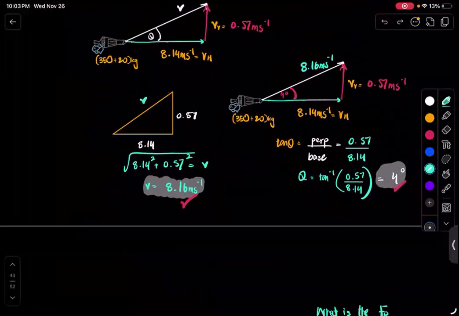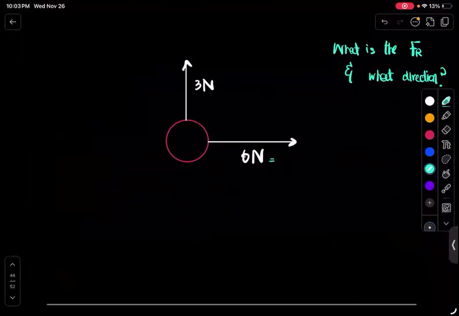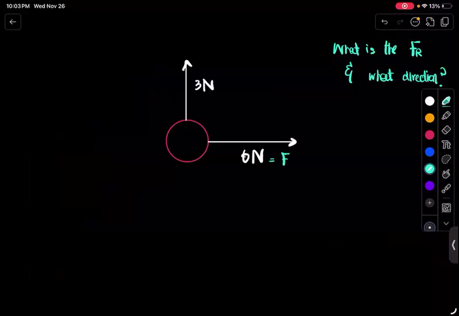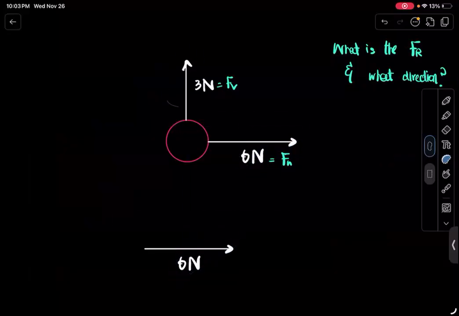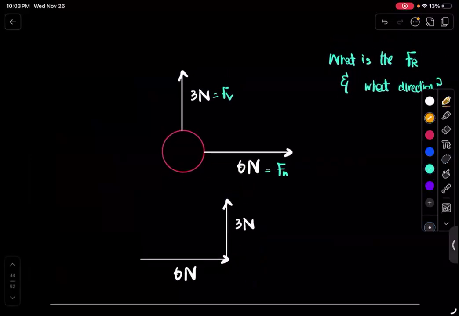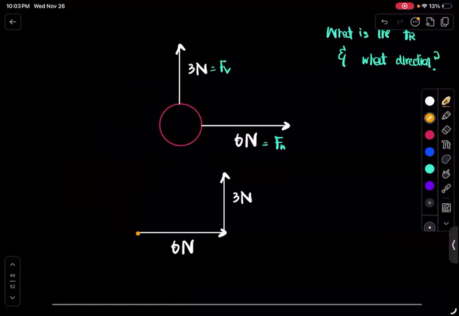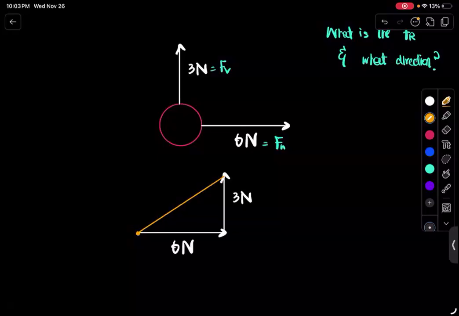So exactly the same way, this is your vertical force, right? This is how much horizontal force was being applied. This is how much vertical force was being applied, right? And again, this is a vector. Let's bring them down. What do we do for joining vectors? We join them head to tail, right? From head to tail. Exactly. And then you join the tails together. You join the tails together.